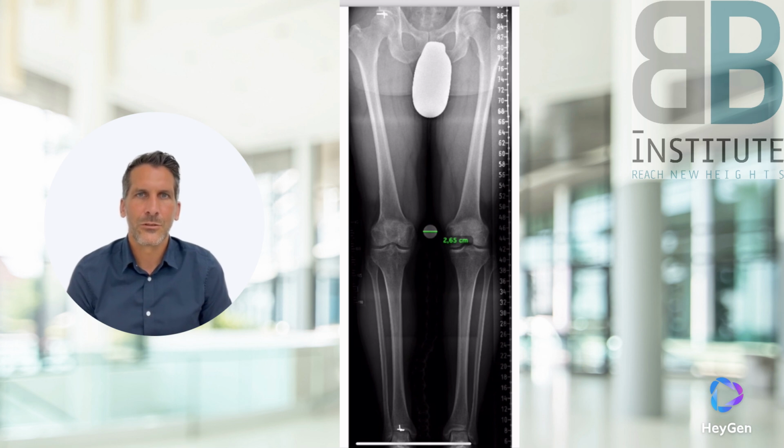Let's start with measuring the leg length. The leg length is measured from the highest point of the femoral head to the plateau of the shin bone. This means that in the normal leg length measurement, the length of the foot is not included, but only the bony length of the thigh plus the joint space plus the bony length of the shin bone.